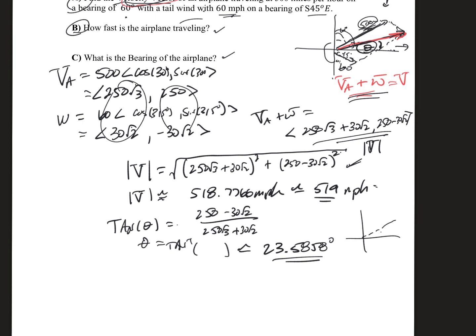That is right there, the 23.585 degrees. What I want is the bearing. So to find the bearing, I'll take 90 minus 23.585, and doing some number crunching over here, that comes out to